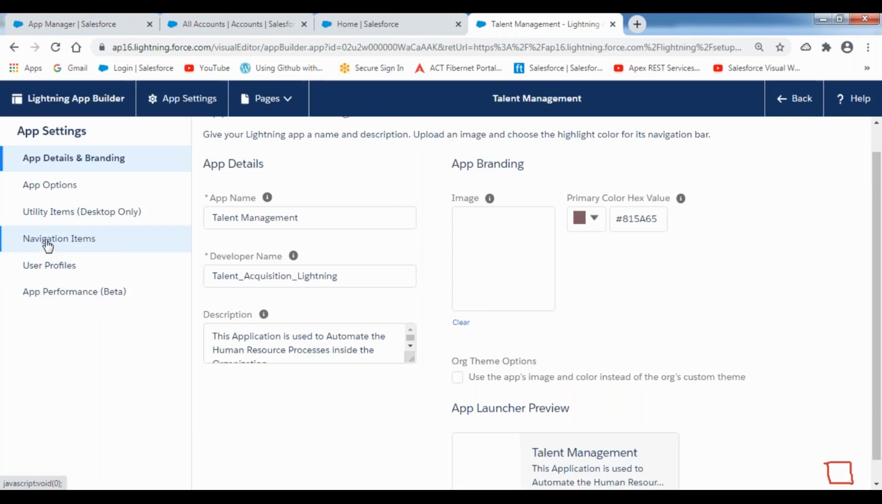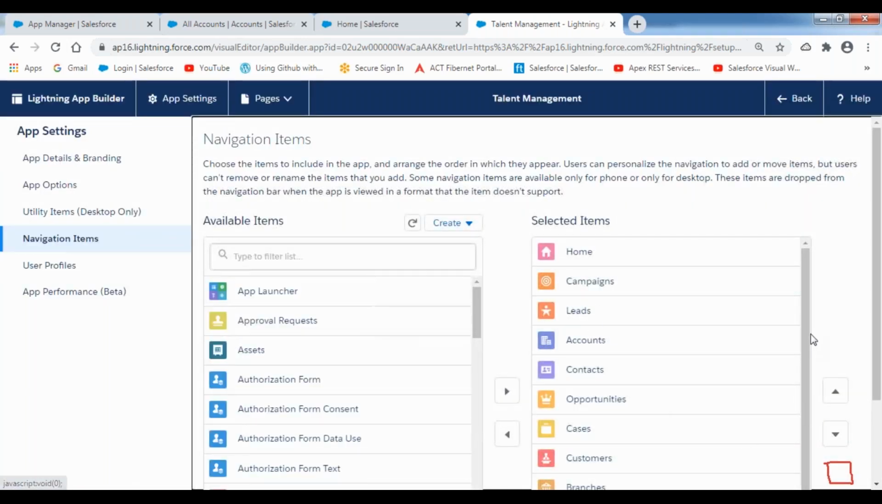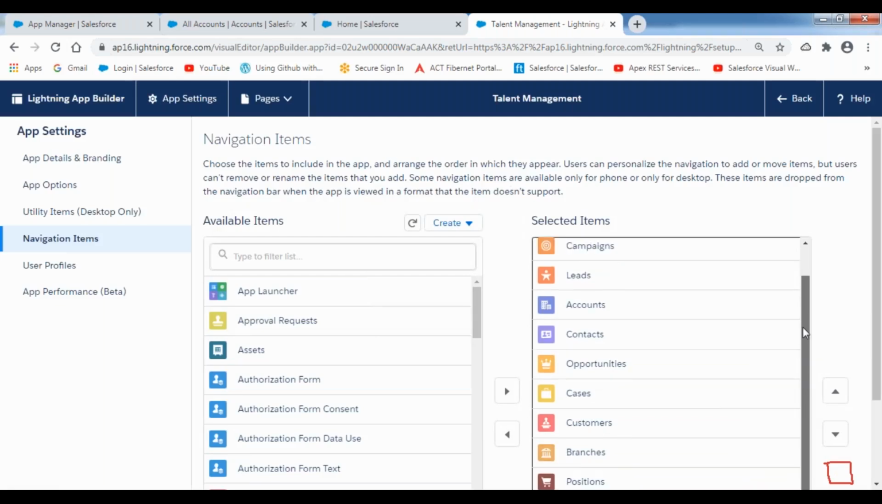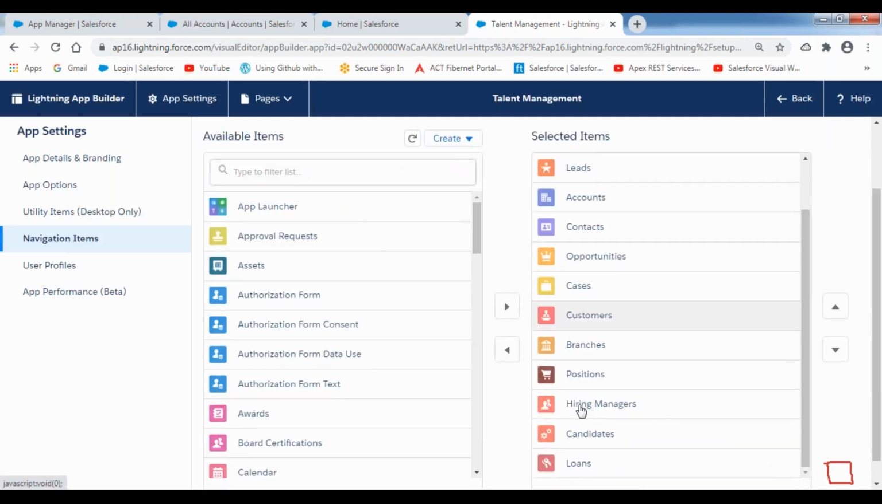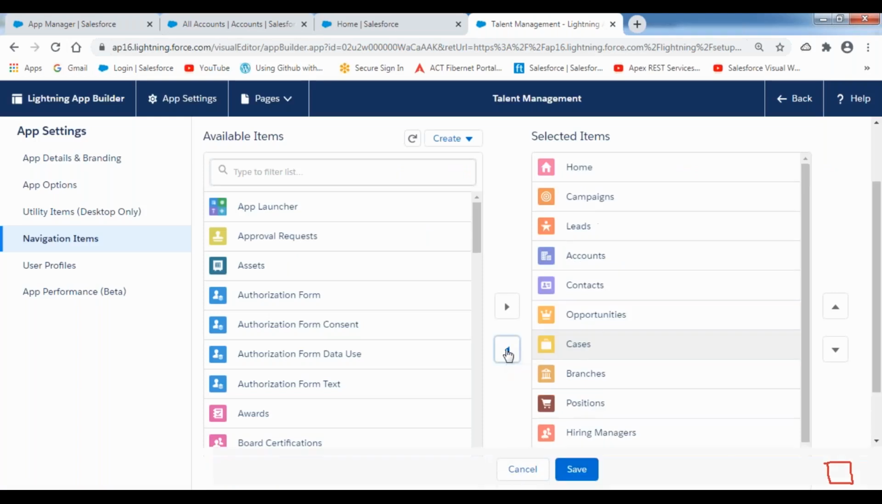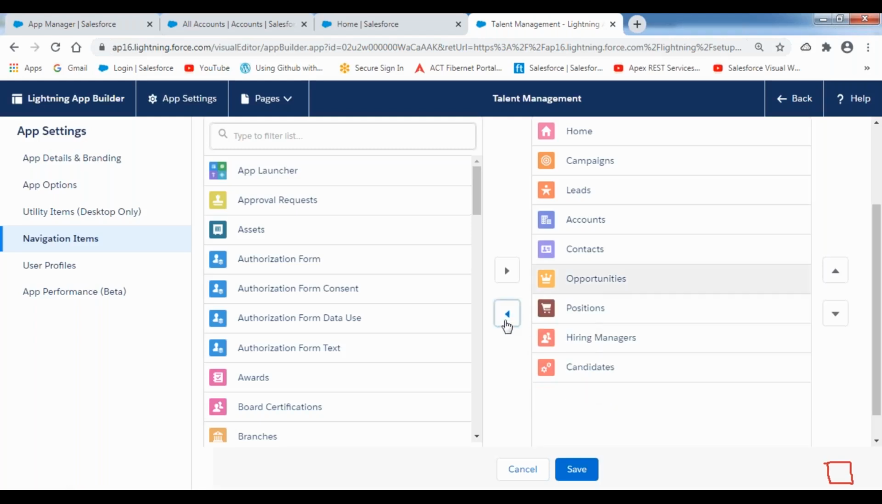And then navigation items. What are the various tabs to be visible? These are the tabs that are currently visible here. I don't want to show all these tabs. Like customers, I don't want. I'm removing this. And branches, I don't want. I'm removing this. And the loans, I don't want. I'm removing this. Cases also I don't want. I'm removing this. So these are the various tabs to be visible: campaigns, leads, accounts, contacts, opportunities, position, hiring